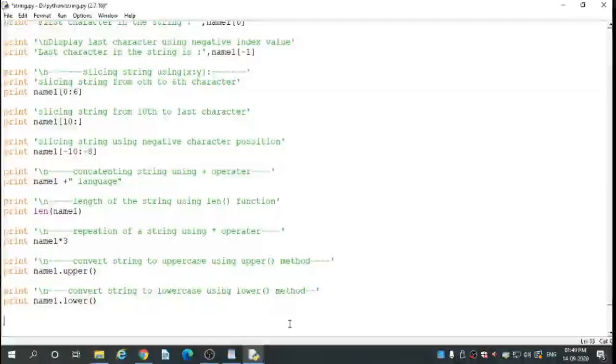Next print in single quote \n split a string into a list of strings based on a delimiter using split method.